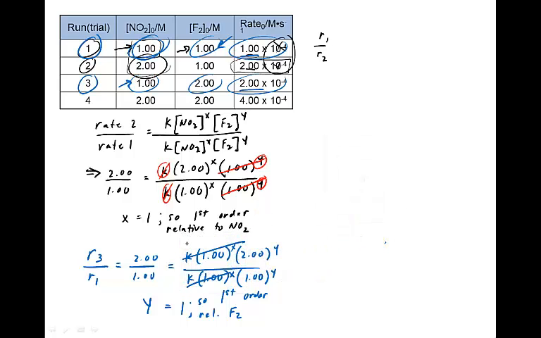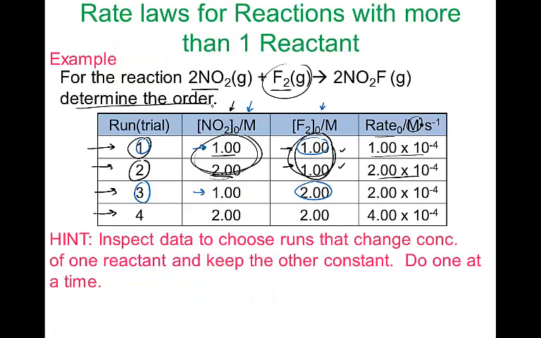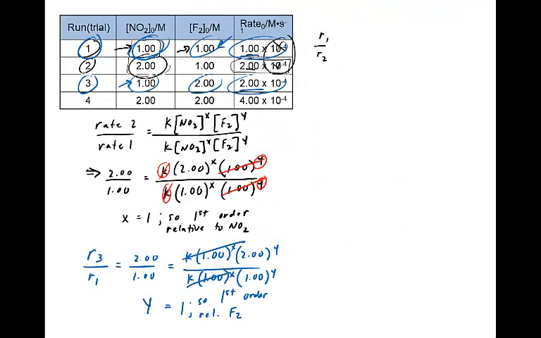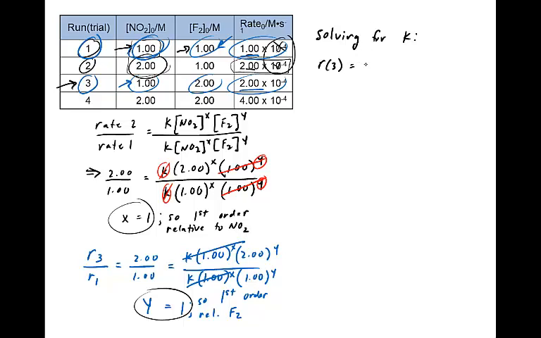We're not quite done. I think this problem asks to determine the overall order. Usually these problems are going to ask you to solve for k, so I'm going to go ahead and do that. You could pick any one of these trials, and since you know what x and y are, you could plug those in and then solve for k, because you'll have all the other numbers. So solving for k, why don't we just pick reaction 3. So we'll say rate 3 equals k